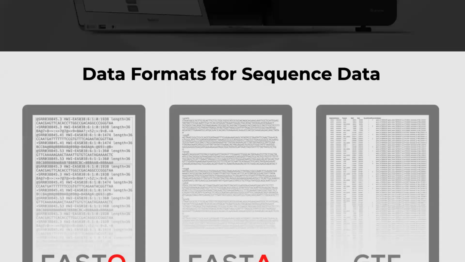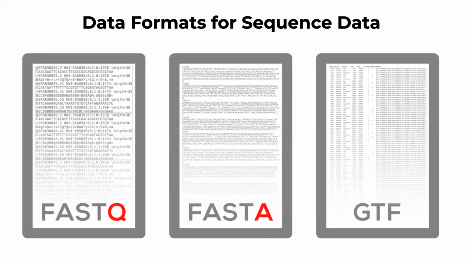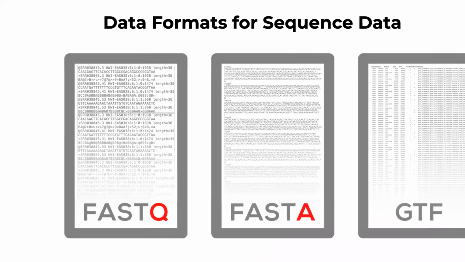Now, the information for next generation sequencing is stored in these three types of files. Typically in a pipeline called RNA-seq, or if you're doing whole genome sequencing, you will also use the same kinds of files. Basically, the read information is stored in the FASTQ files. The reference genome is stored in the FASTA and GTF files.